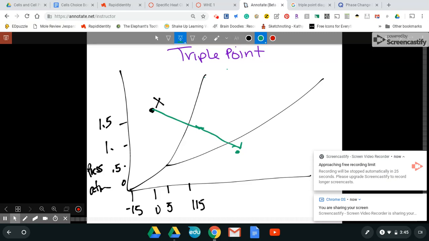Okay, I'm going to put it in a different way. What if I said that here's my point right here? Okay. What if I say that my pressure is increased to 1.5, but the temperature remains the same? This is in degrees Celsius. So that means here's